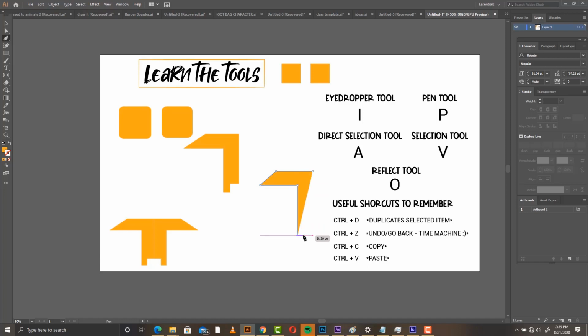Now the pen tool, very easy to use. These straight lines that you see me getting, I am holding on to shift to get these straight lines. So you use the pen tool, hold on shift, and you'll get a straight line once it is horizontal. Now if it's diagonal, it's not going to work that way. I'm going ahead now using my direct selection tool to manipulate the shape to what I want it to be. It's a good way